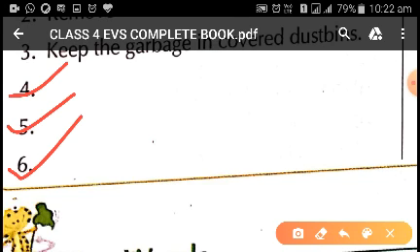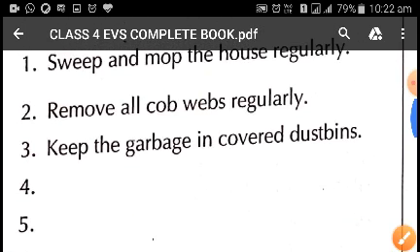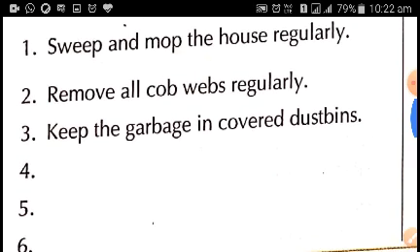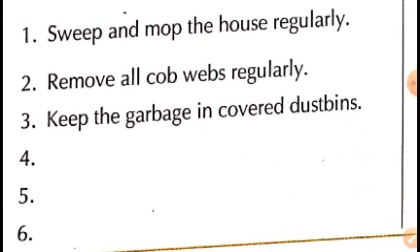So these are the points which have to be taken care of. We should sweep and mop house regularly, remove all the cobwebs, keep the garbage in covered dustbin.